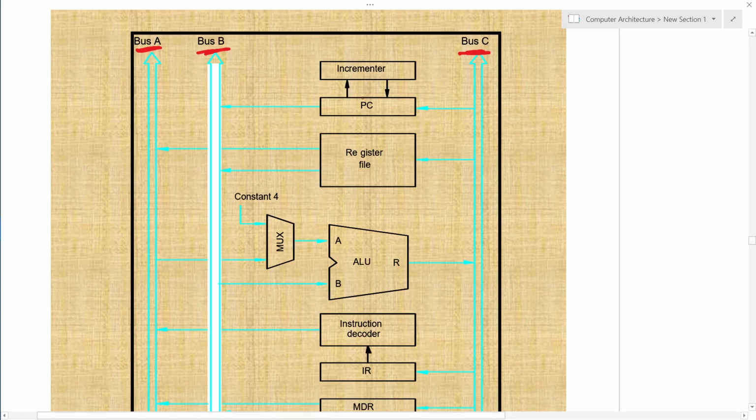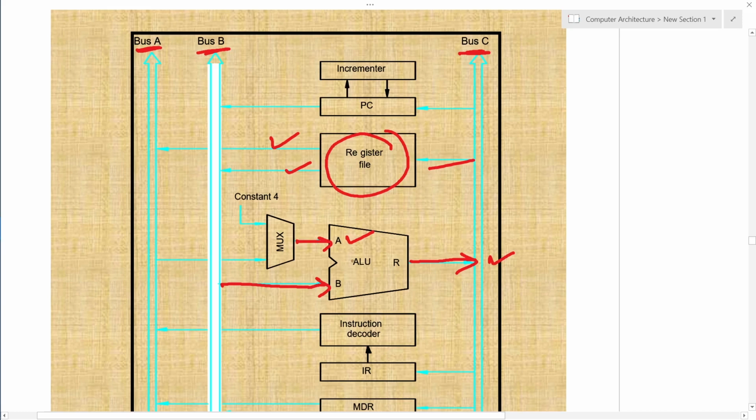And the next is that all the registers are combined together to form a register file, and they are connected to the buses, meaning bus A, bus B, and bus C. Then a multiplexer is there, providing the input to the A port of the ALU, and a bus is connected to the B port of the ALU, and the ALU writes the result back to the register through the bus. It is typically the third bus.